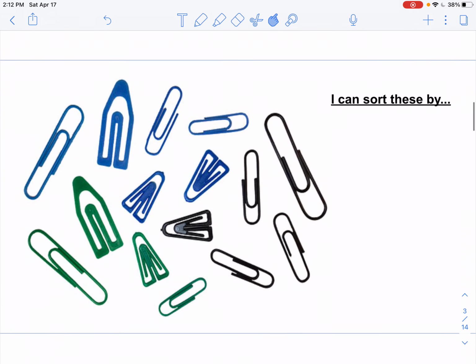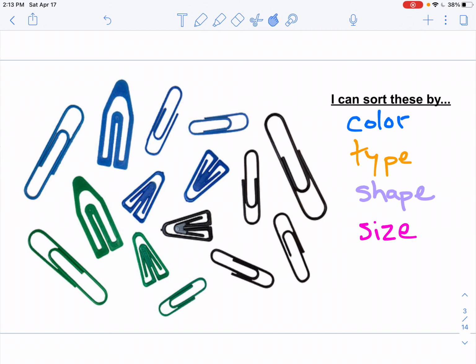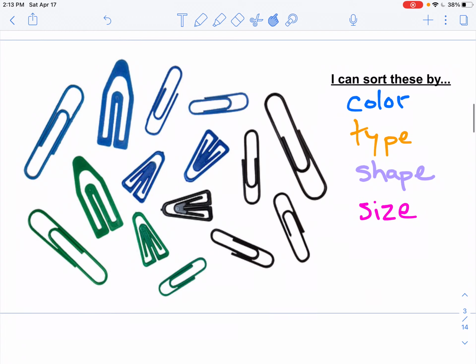Here are some paper clips, some regular, some fancy. There are a variety of ways to sort these. One way would be by color. Another way could be by type. You heard me say regular, fancy. We might want to call it shape. I also see size. There are some really large ones and some really small ones. There are lots of ways to sort. I'm going to pick one of these for the next